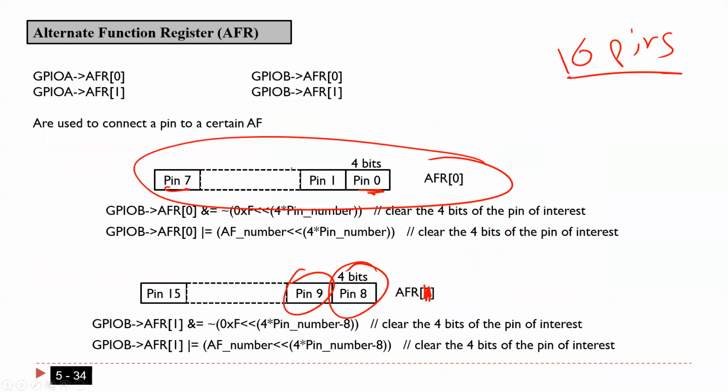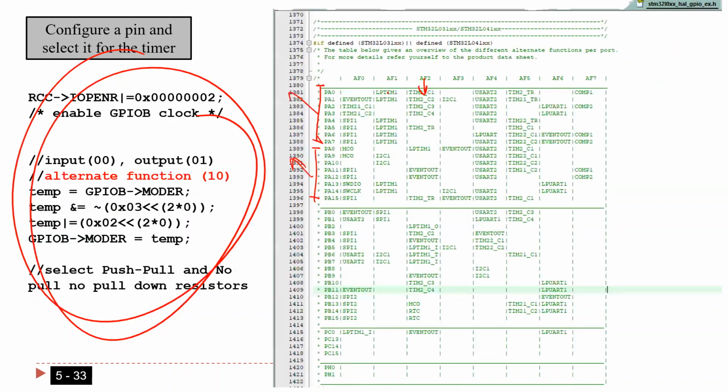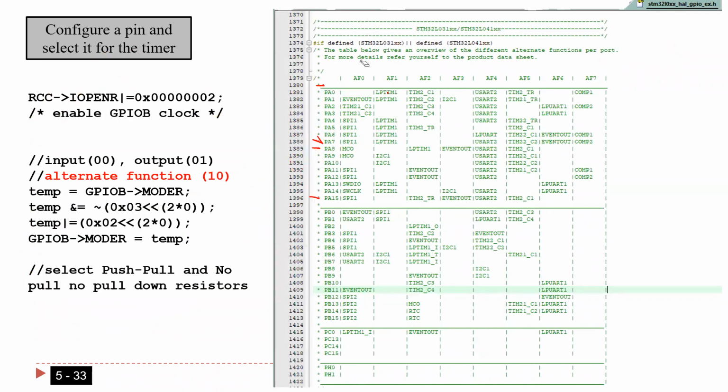As you see here, for every register we have 4 bits, so for every pin, 4 bits. In these 4 bits, you have to tell me which alternate function you want to connect the pin to. For example, if I want to connect PA0 to this alternate function,